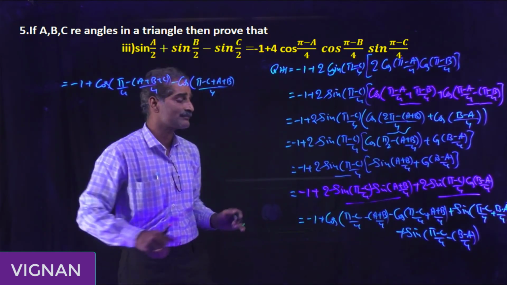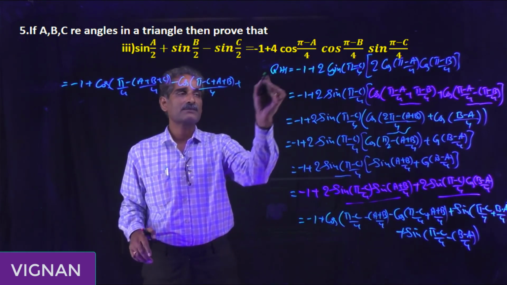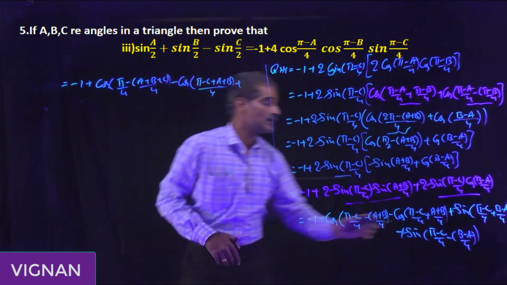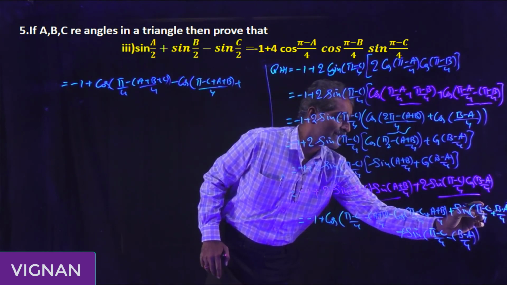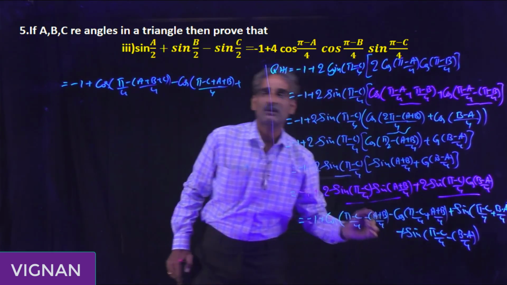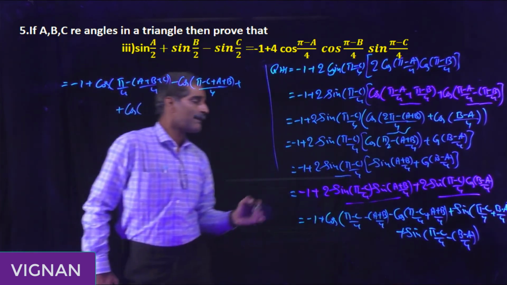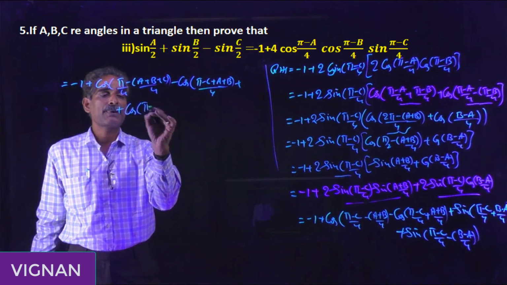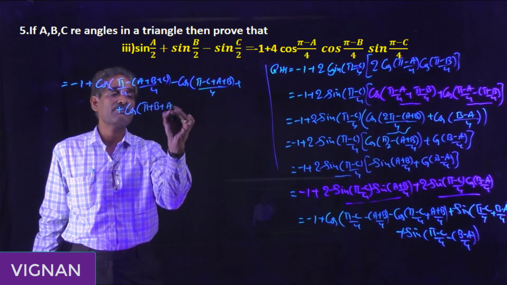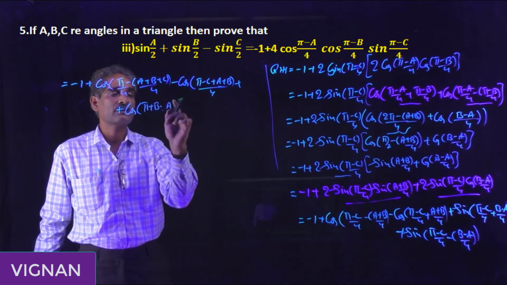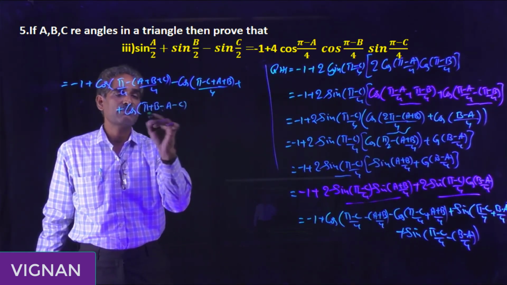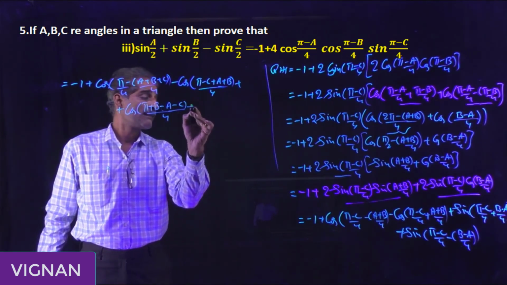No problem. Plus, here the LCM is the same, (pi minus C plus B minus A). Now the positive terms are here: cos of (pi plus B minus A minus C)/4 is there, minus A minus C by 4,